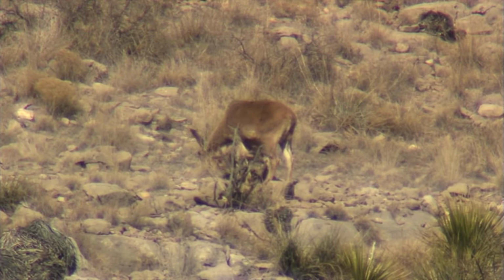Here I am, trying to find him over on the far ridge, and I finally catch him up. Steve is just going, okay, let me get up closer, I'm going to take a look. He goes, good one, we're going to take this one here, I want you to come up here. And he's giving me all these signals, and I'm like, is that a yes or a no, shoot or don't shoot? And he finally looks at me like,